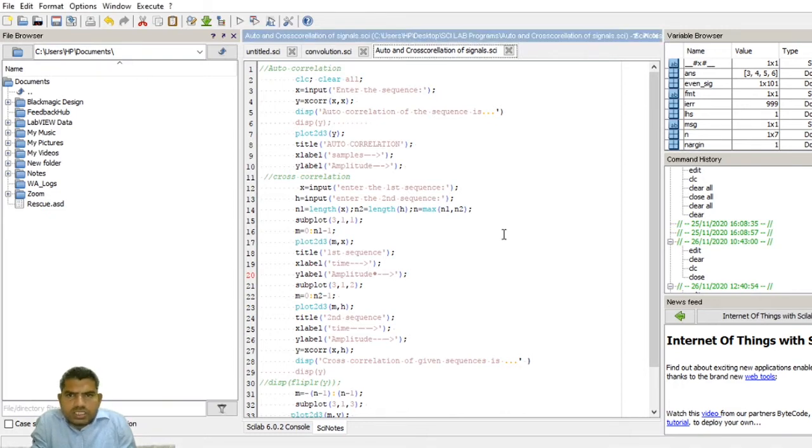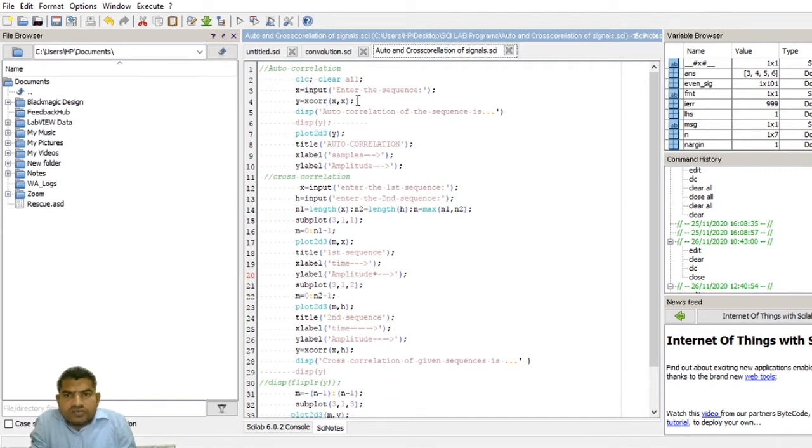Now see here, the autocorrelation program. First of all, clear all the previous data. Next, input: x is equal to the input sequence. Whatever the input sequence may be, you give it here. Now to get the autocorrelation output, y is equal to xcorr of x comma y.